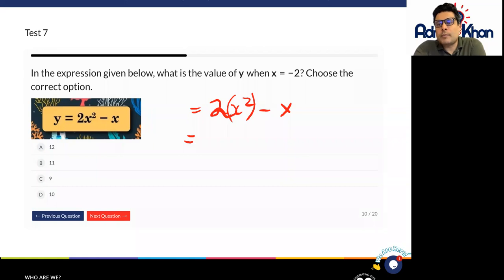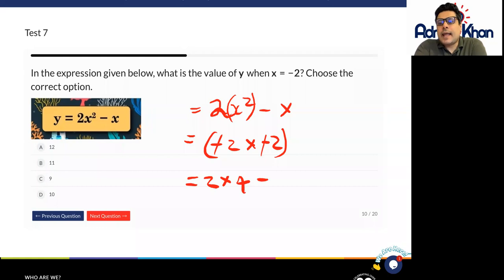So working out square numbers, we'll do -2 times -2, okay? So x squared stands for -2 multiply -2. Now the two minuses cancel each other out, and 2 times 2 becomes 4. So we have here now 2 times 4